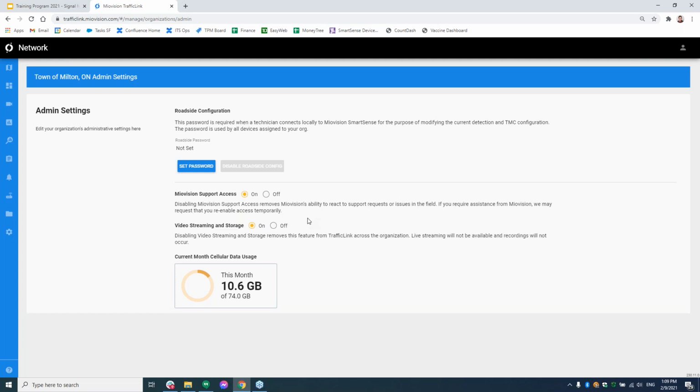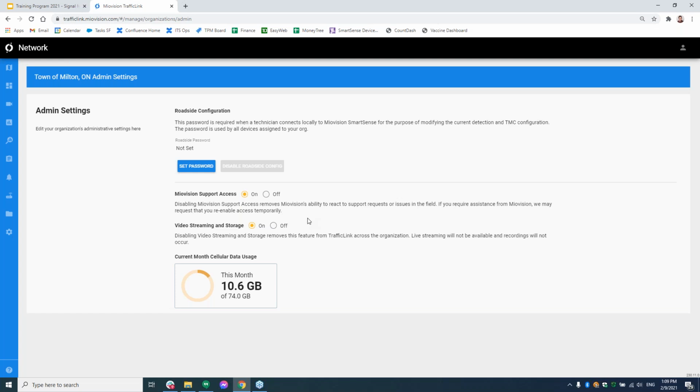If you already have existing fiber lines and you're not using cell, you can take advantage of some of these features. They're not fully completed yet. It's something we're rolling out throughout this year. So that's why you may not have heard about it yet. But in the admin settings, you can actually set a local password on the device now. This is a password that's not based on your user permission level in the platform.